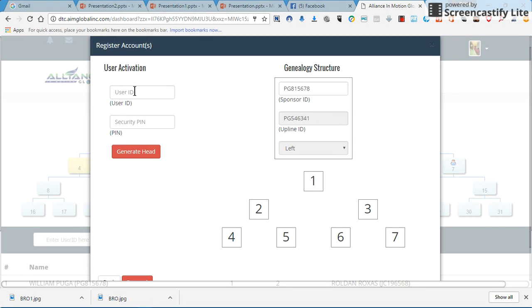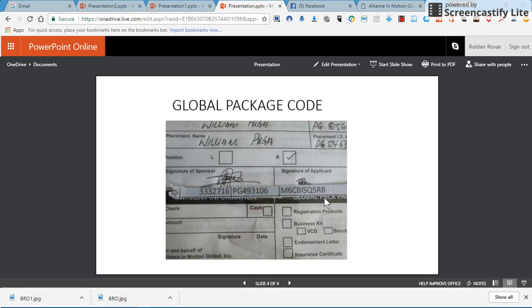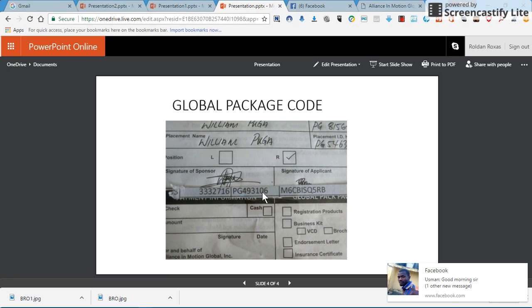Okay, and the security pin is the same as before. I told you the security pin. This one is the user ID, PG493143106.